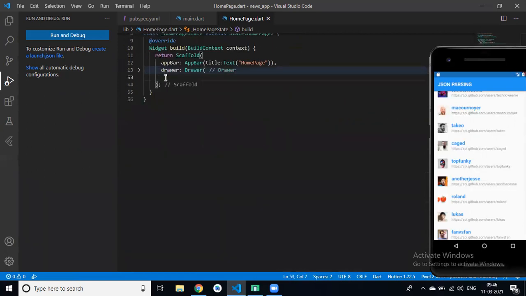Then we have our home page, meaning the body, right? In body, today we will create a separate widget, like a function. We can create a separate widget. If I create a widget and body widget, okay, if I pass it here, clear?